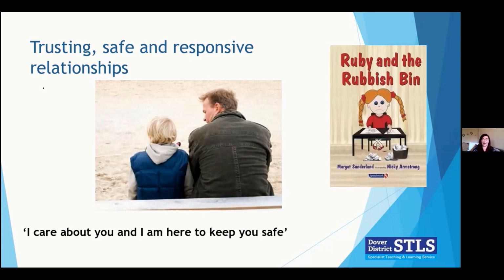So responsive and reliable adults have often been absent from a child with attachment difficulties. It's fundamental to all children to form those secure attachments, but for those who've had poor experiences with attachments and relationships previously, it's essential. So we need to be supportive, consistent and sensitive while offering clear boundaries and predictability. This is where your visual timetables come in, your transitions, your sand timers to prepare for transitions, all those things that are in place to ensure that it's a predictable environment for the children.